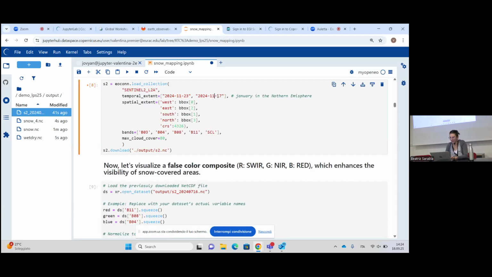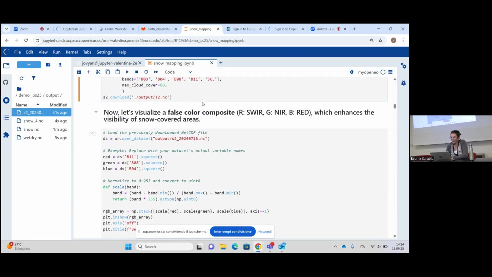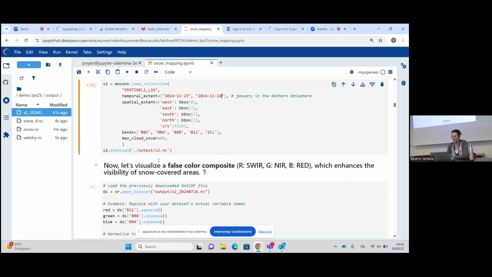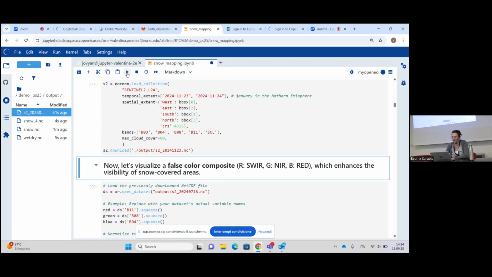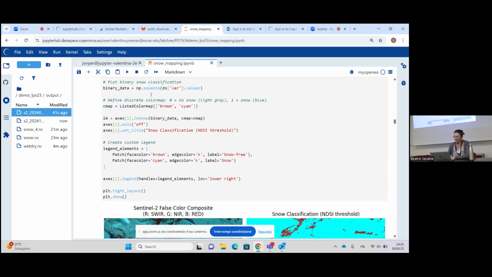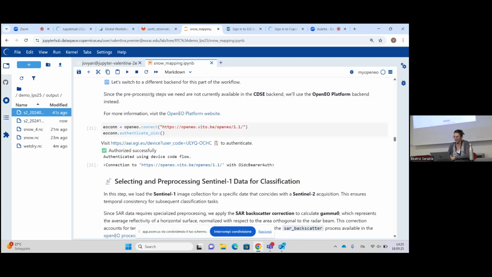So let's change also here. The study area is the same, so basically everything is the same. We just change the name here also, 24/11/23, and we run this again to download also the Sentinel-2 image to have the false color for reference. Okay, now that we have also the reference,